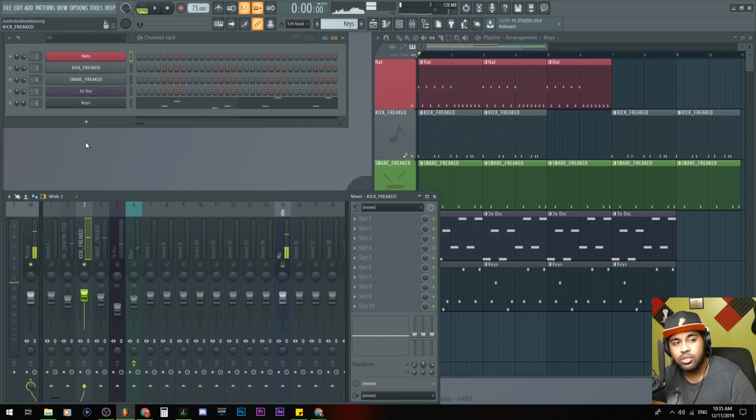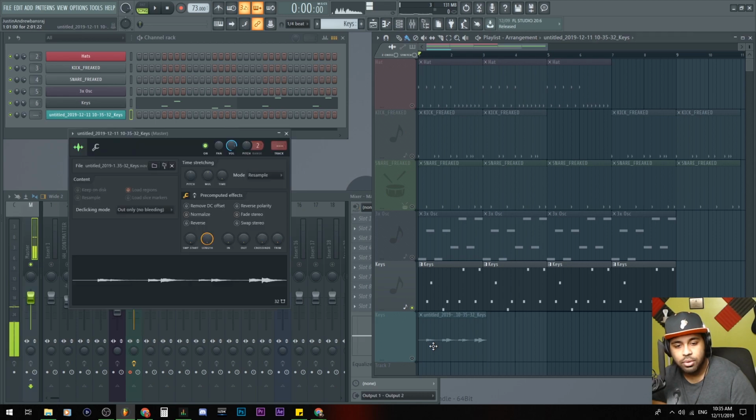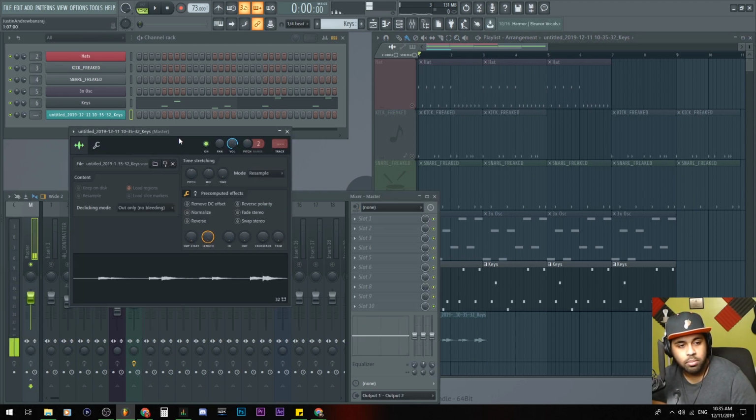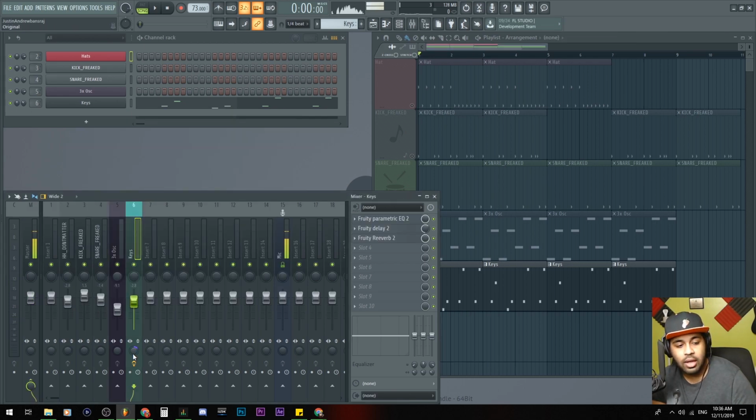Another way to tell if a track is mono is if you click here and you see this little icon. You see how there's only one square up there? That means it's a mono track. I just recorded this sound here from the keys, so let me turn that off. But notice how there's 2 dots here. That means it's stereo. It's left and right there. Mono is just straight up in the middle, which is playing both left and right as well, but at an equal amount.